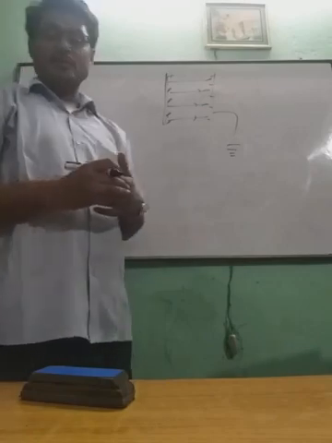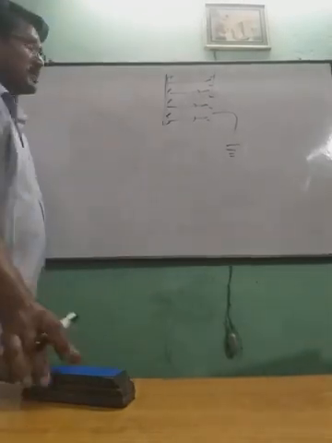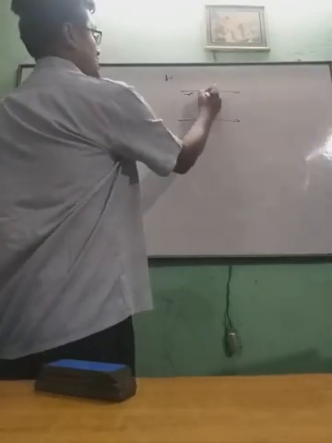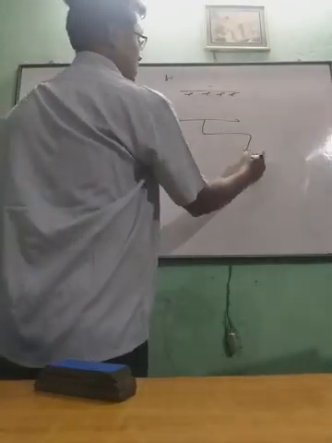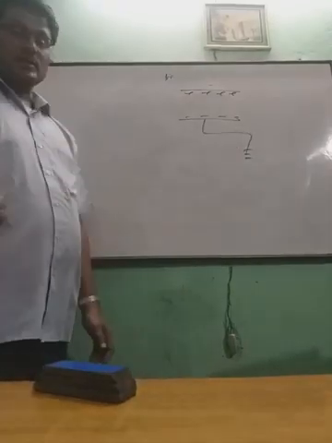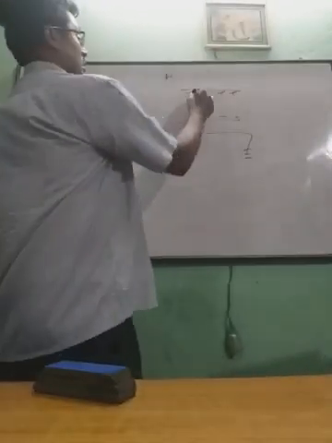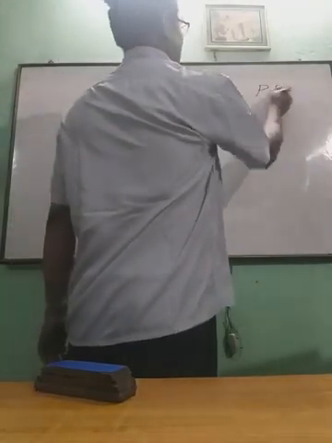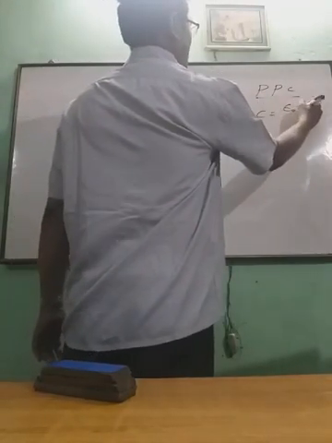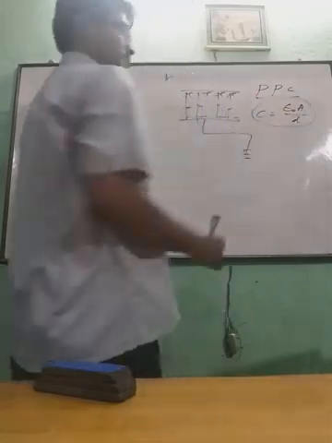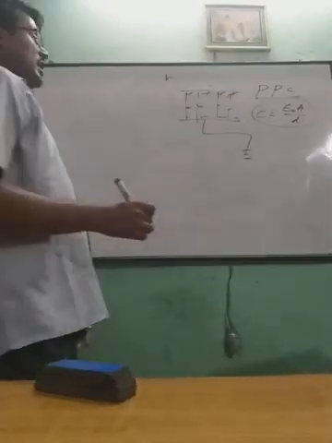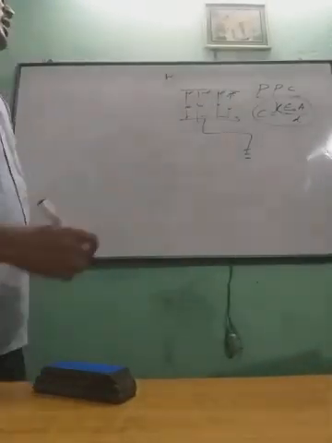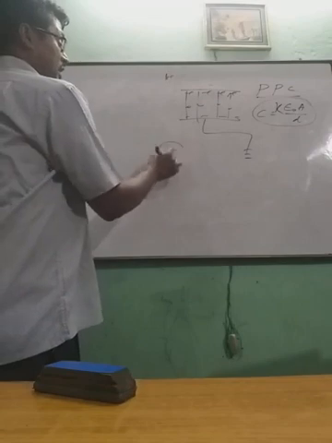Now we have many types of capacitor. I have discussed earlier that if two plates are parallel, one is charged and one is connected to the earth, it is a parallel plate capacitor. And what is the formula for this PPC, parallel plate capacitor? Formula is C equal to epsilon 0 A by D. If K is there, then K, dielectric medium is there. Again we have spherical capacitor.